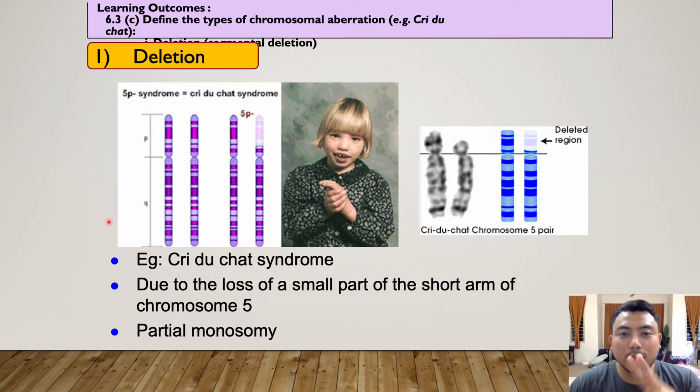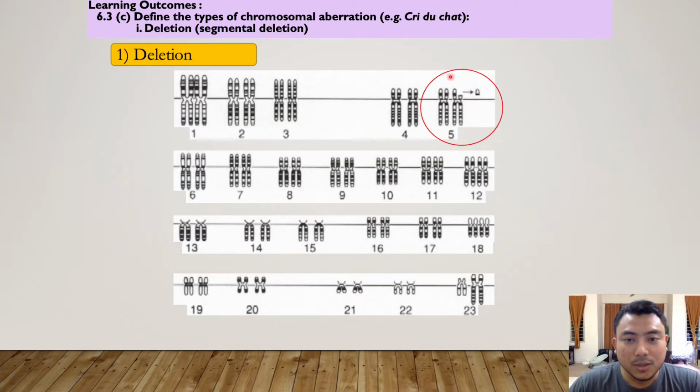Remember, we have 23 pairs of chromosomes. We number them from chromosome number 1 until chromosome number 22, the 23rd pair being XY. So yang ni kita nak cerita pasal chromosome number 5. Okay, dia hanya lost small part of chromosome number 5 sahaja. So we can call this partial monosomy. So look at this. We have chromosome pair number 1 until pair number 23. The 23rd pair is X and Y. So at chromosome number 5 ni ada some small portion yang hilang or being removed,